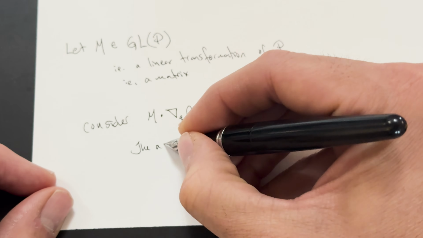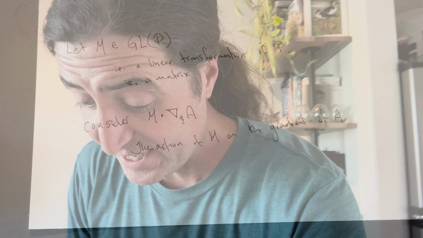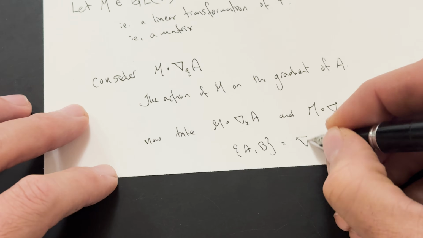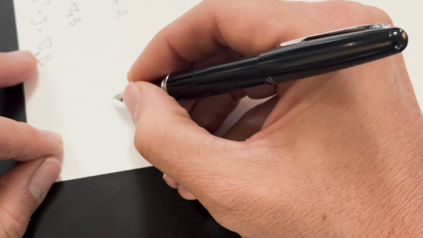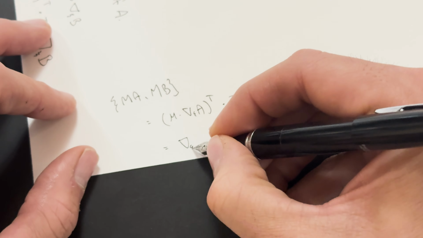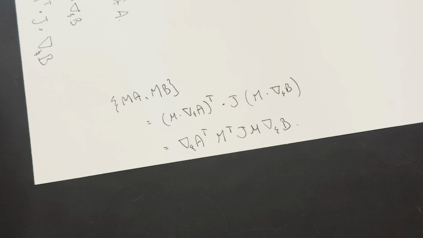So let's assume that M is fixed, it's constant, and let it act on a gradient of a function A. Actually, to be more precise, let it act on a function A and a function B, and let's throw those two functions into our new representation of the Poisson bracket. So we take M grad A transpose multiplied by J multiplied by M grad B, and following the rules of transpose, we flip things backwards in a transposed way, we get grad A transpose, M transpose, J, M, grad